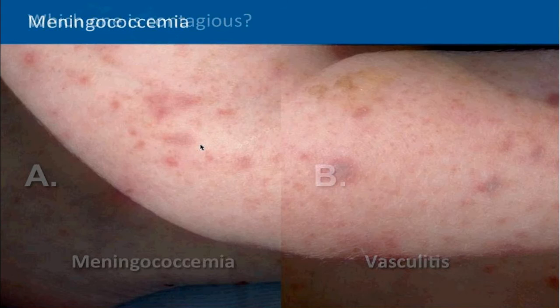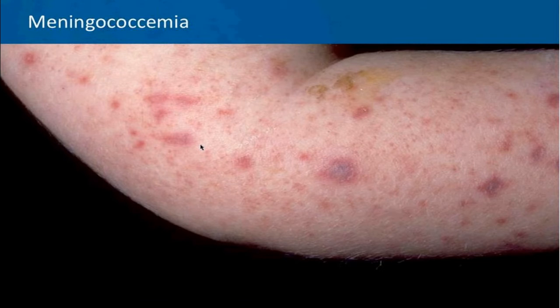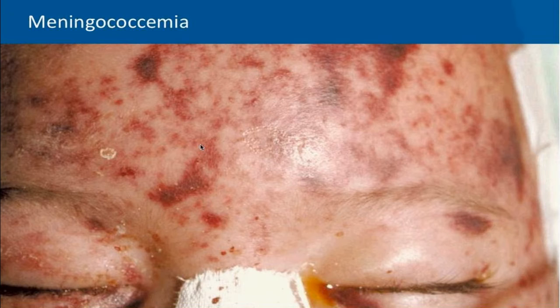So here are some other cases of meningococcemia. You see that dusky hue. When you see that dusky purple non-blanching macule, really red flags should be going off in your mind. And this particular presentation is near and dear to our hearts out here in LA, and in New York there's been a resurgence of meningococcemia in some of the communities here, and as a deadly disease, it's commonly missed and needs to be detected and treated very early.